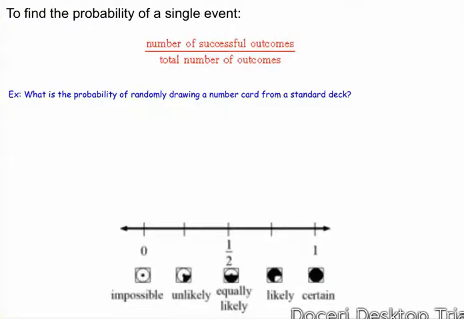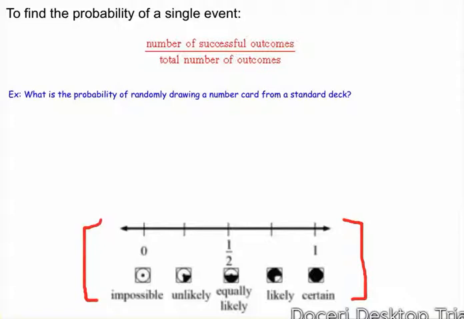In this video, we're going to be talking about how to find the probability of a single event and classify the event into one of 5 categories. Now, the classifications for the probabilities of events can be seen at the bottom of the screen on the number line. We'll get to that in a few minutes, but first let's talk about how to find the probability of